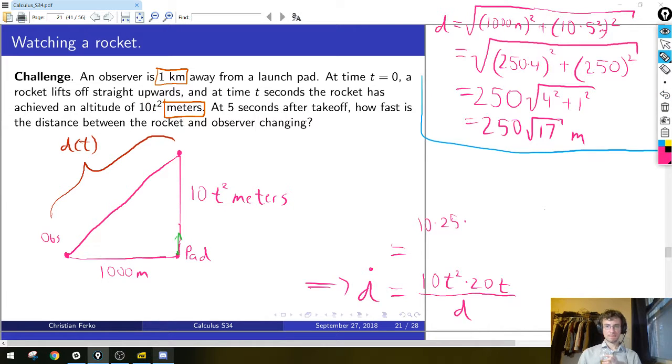Let's see. And it's going to be times 100. Well, 100 seconds. You're dropping units. Good. And then over d. And this is all over 250 root 17. Good. Yeah. Cancel. 10 times 25 equals 250, so this is 100 over 17. Very nice. So d dot should be, assuming we have made no errors, 100 over root 17, and now I'll